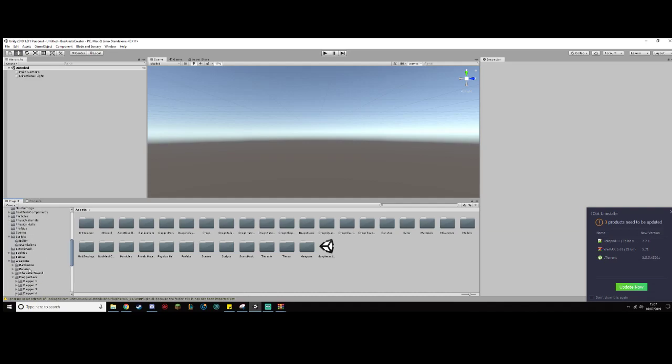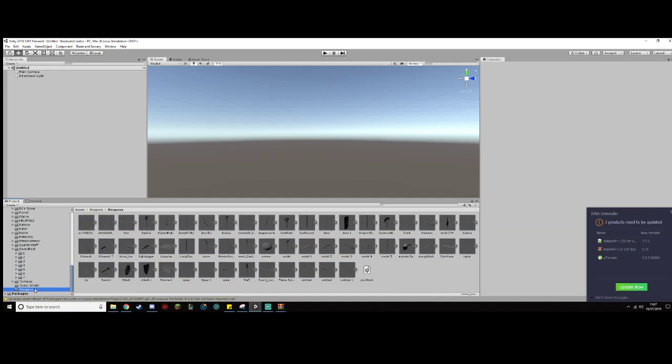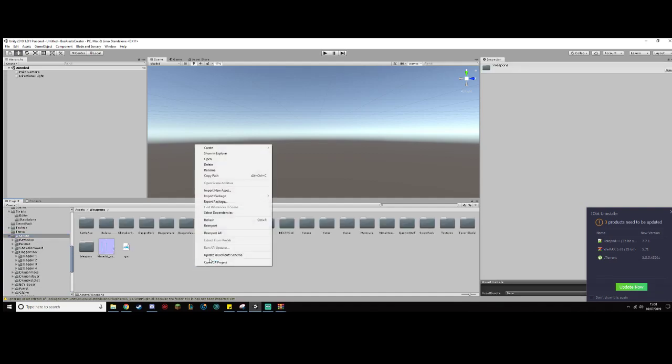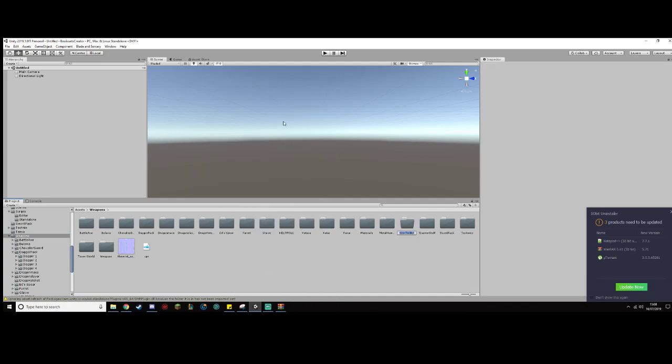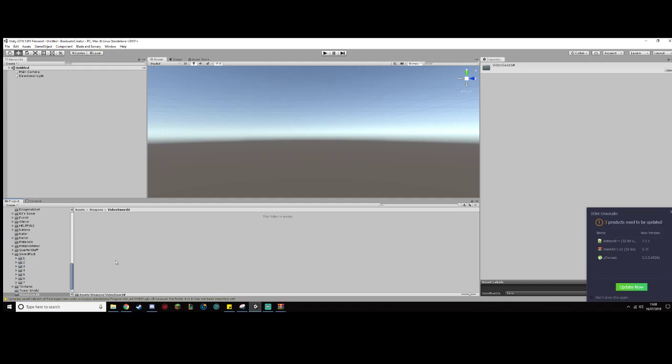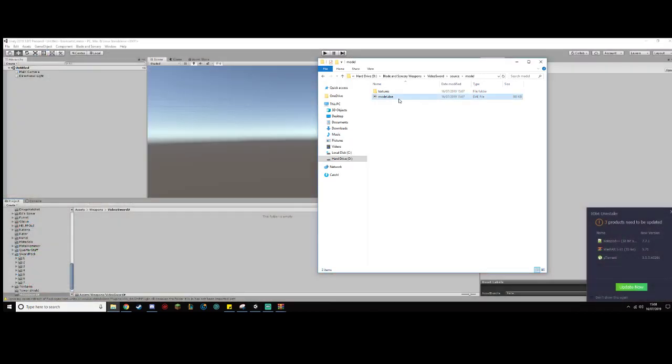So these are unfinished weapons. Right here. Okay, maybe not there. Here it is. So I create a new folder. I'll call it Video Sword. Okay, so I have this. Now I move the model down,